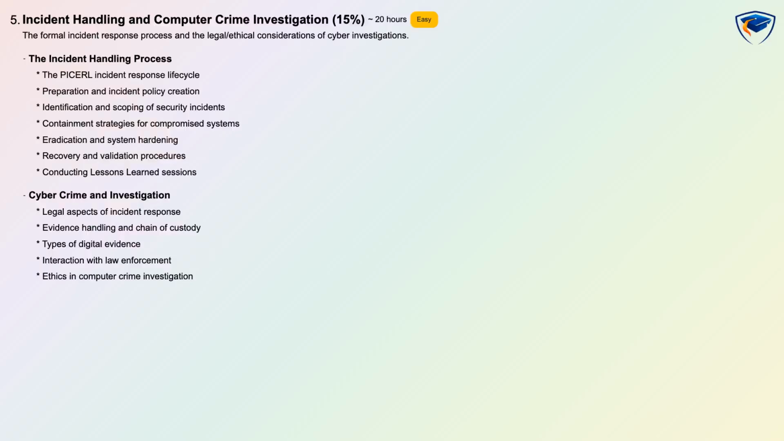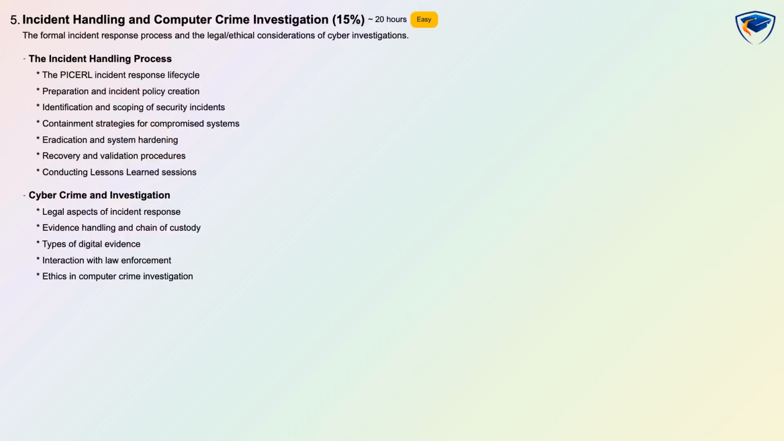Topics include the PICERL incident response life cycle, preparation and incident policy creation, identification and scoping of incidents, containment strategies, eradication and hardening, recovery and validation procedures, and conducting lessons learned sessions. You will also learn evidence handling and chain of custody, types of digital evidence, interaction with law enforcement, and ethics